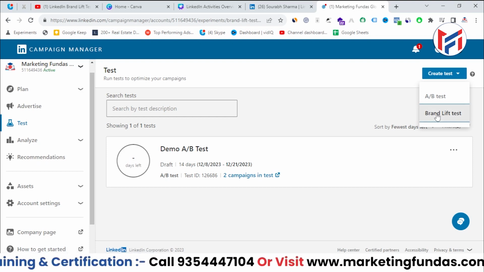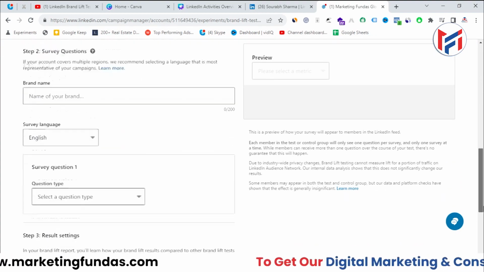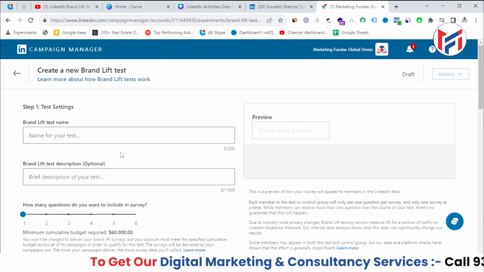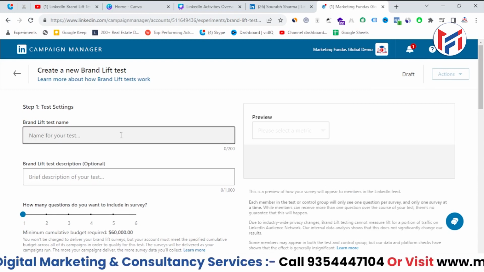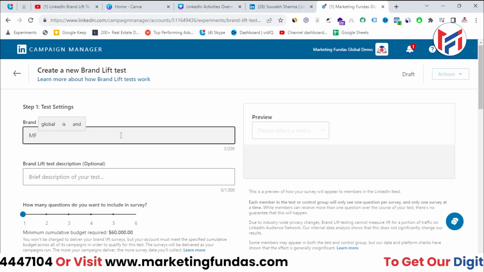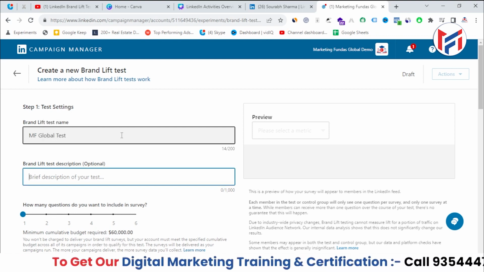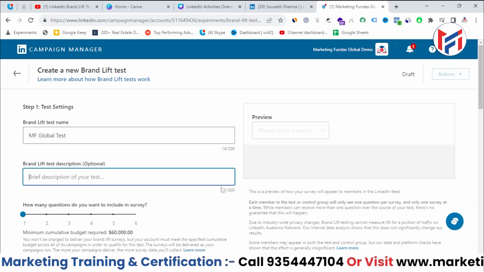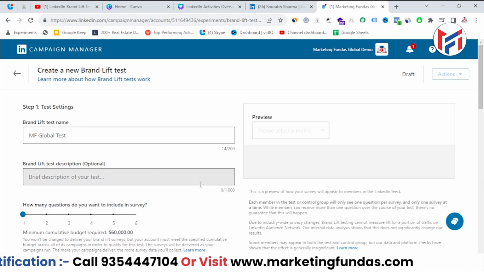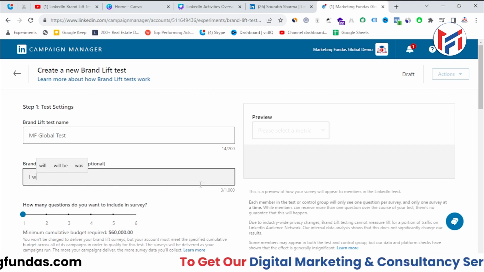Now if I click on this brand lift option, you need to fill in all this information in order to create this campaign. So obviously first you need to enter the brand lift test name. So I'll add MF, which is Marketing Fundas Global Test, right? And here you can add the description as well. You do have a 1,000 characters limit, so you can write a brief description about your test, that I am